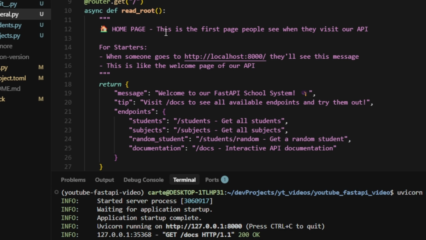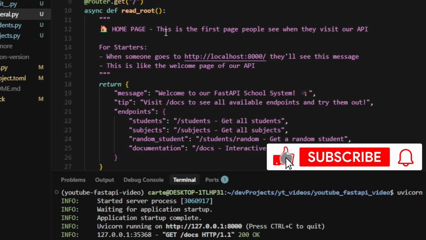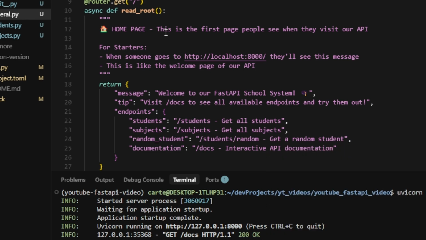So hopefully this was helpful getting you started on your journey on understanding how to use FastAPI, especially if you're doing anything with agentic APIs or anything like that. You can do this inside of a larger array of different projects or what have you, or if you're just trying to get your feet wet with a new framework. Hopefully this serves as a